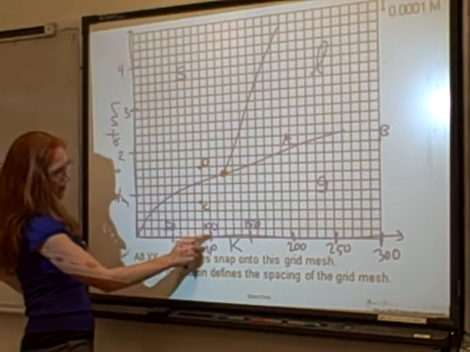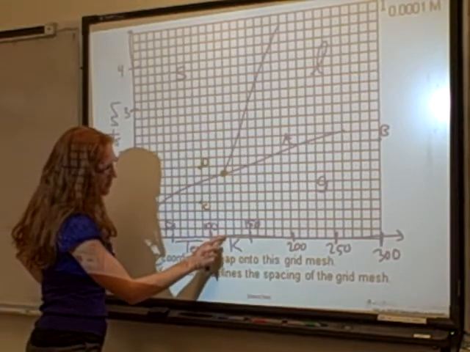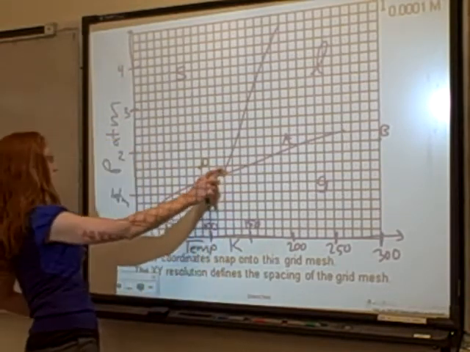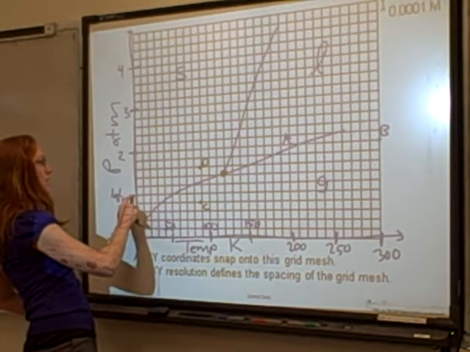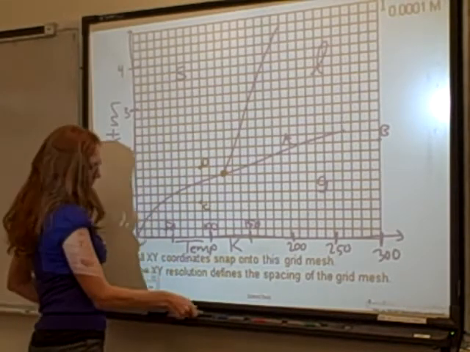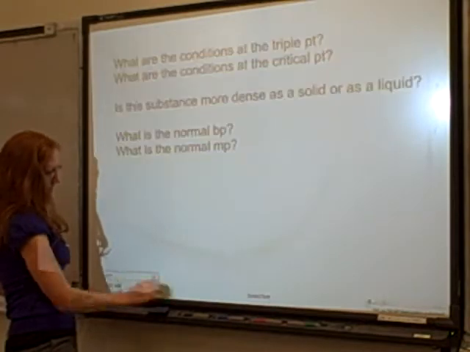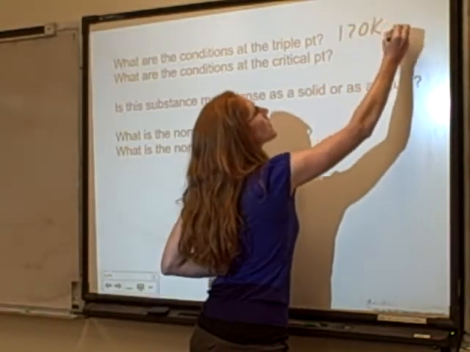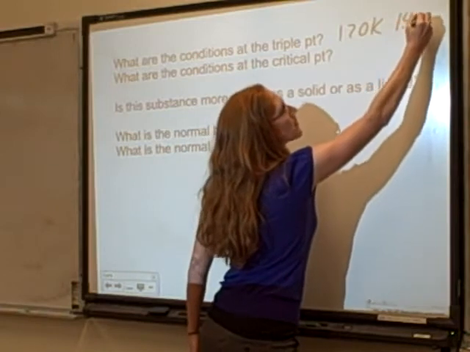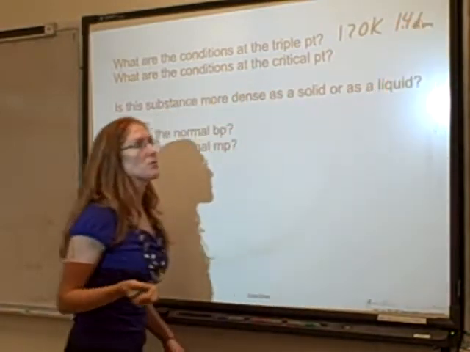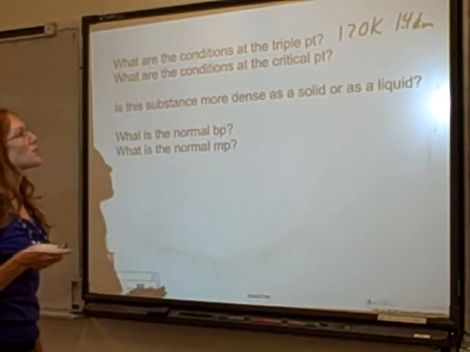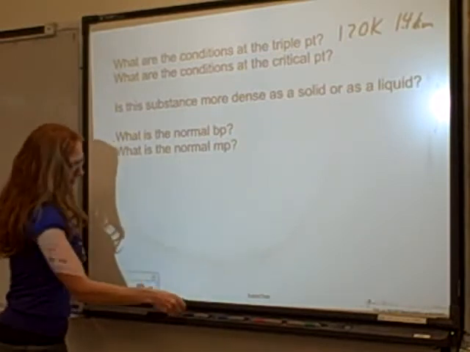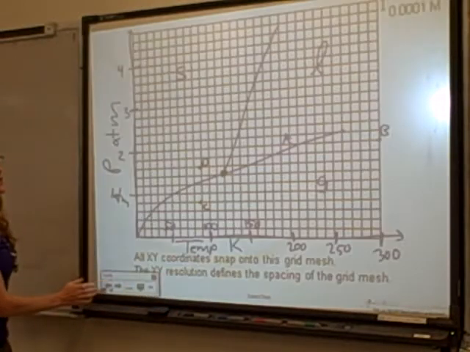And so that's going to be at, let's see, I've got 170 Kelvin and 1.4 atmospheres. 170 Kelvin and 1.4 ATM. So just looking for the temperature and pressure where all three exist. That's my triple point. And for the critical point, that's where I can't tell the difference between the gas and